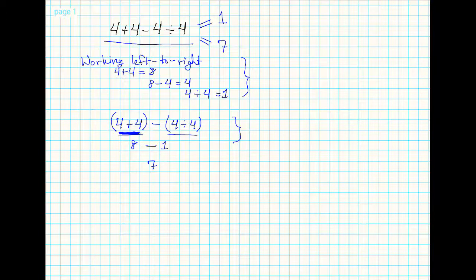This 4 divided by 4 should be one entity, and we know that 4 divided by 4 is 1. So the parentheses communicate that we should group those pieces together to get 8 minus 1. Okay, so anytime that you're writing anything and you want to clarify what operation should be done first, you can always use parentheses to